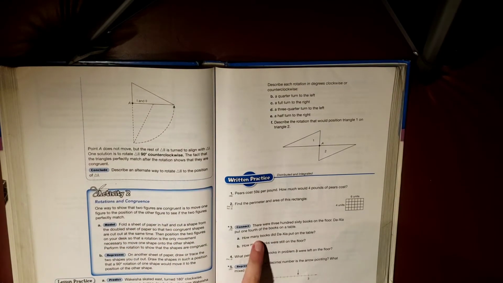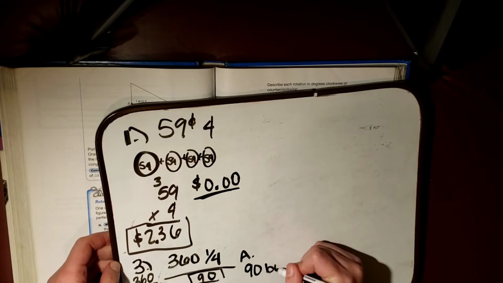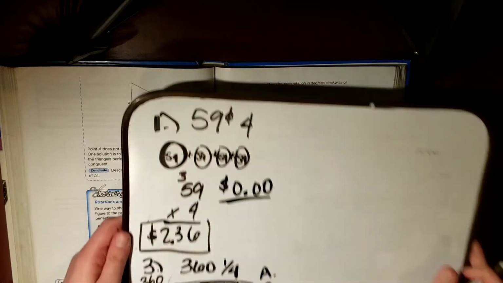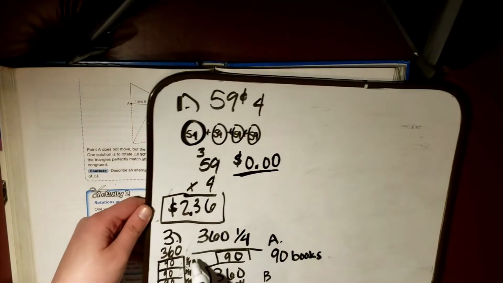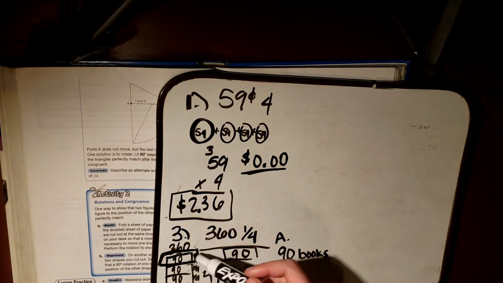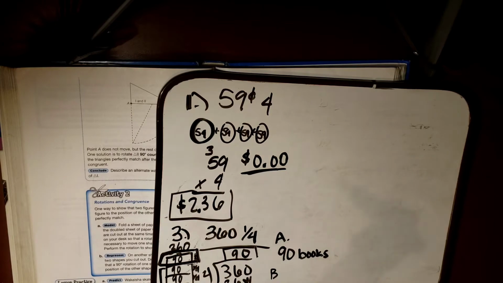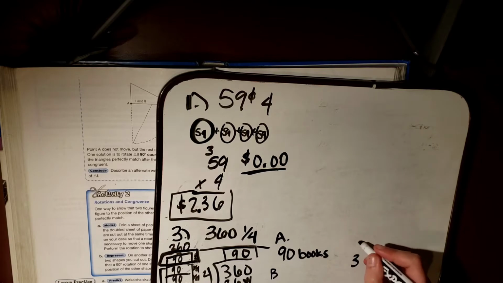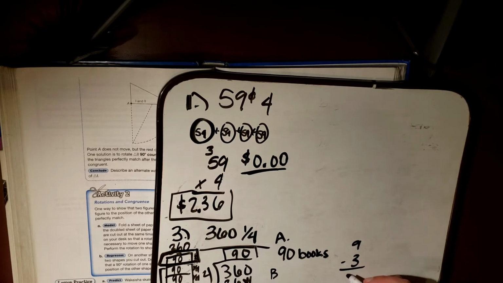And what are we figuring out? Books. Because we've got to make sure we put that label on there. And B says how many books were still on the floor. So if we drew our little table, this is how many were on the table, and this here is how many were on the floor. So we could add up 90 plus 90 plus 90. We could do 3, because there's 1, 2, 3, times 9, which is 27. And remember that 0 is going to come join them later, and it's 270